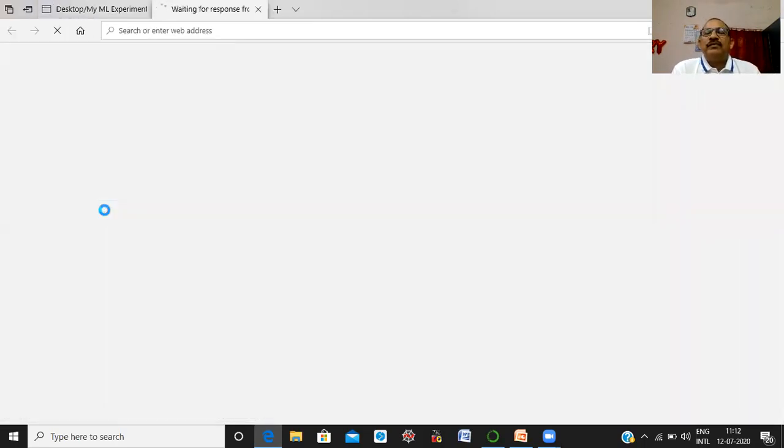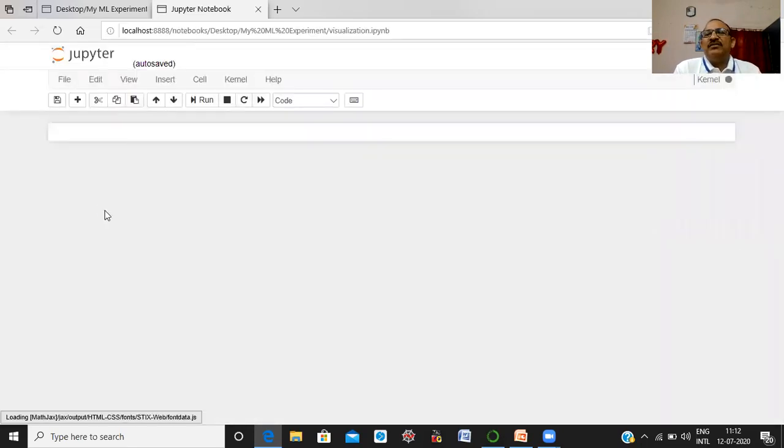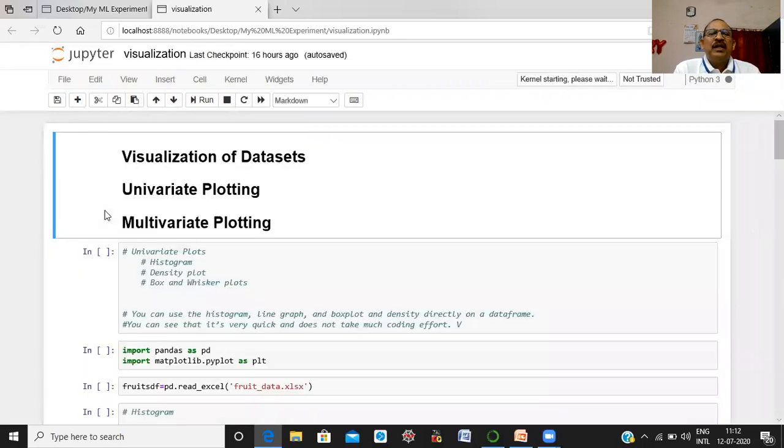To save typing time, I have already written the code and we will look at these codes one by one.